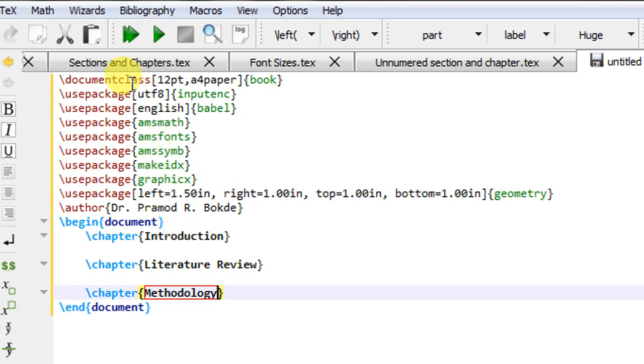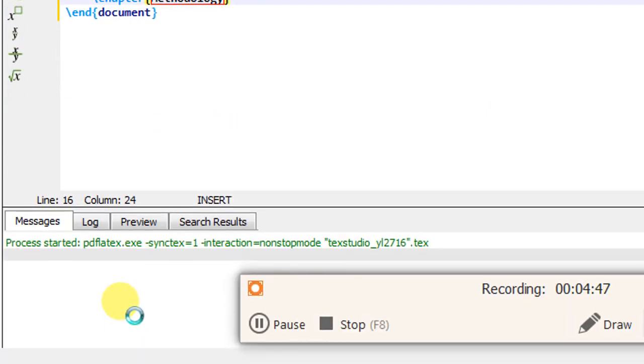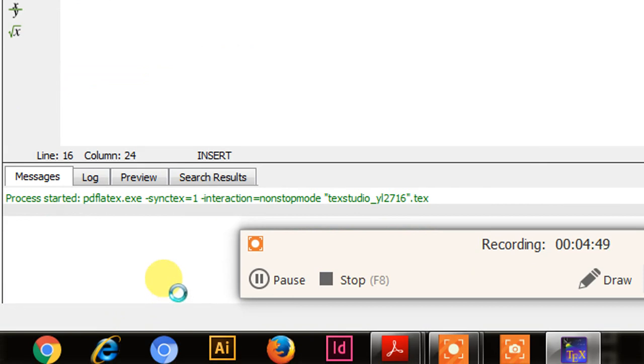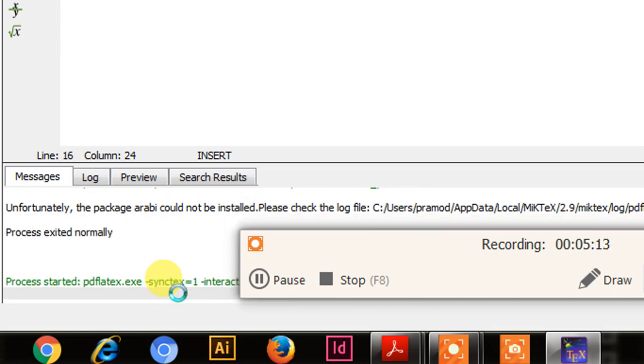So let us quickly execute this file. I will click on Build and View. It is processing. Once the processing is finished, let us have a quick check in the output PDF document. You will have the 3 different chapters along with the chapter numbers. Let us see whether it is going to produce the expected output or not. It is still compiling and executing our source code. It is going to produce the output document within a short span of time.